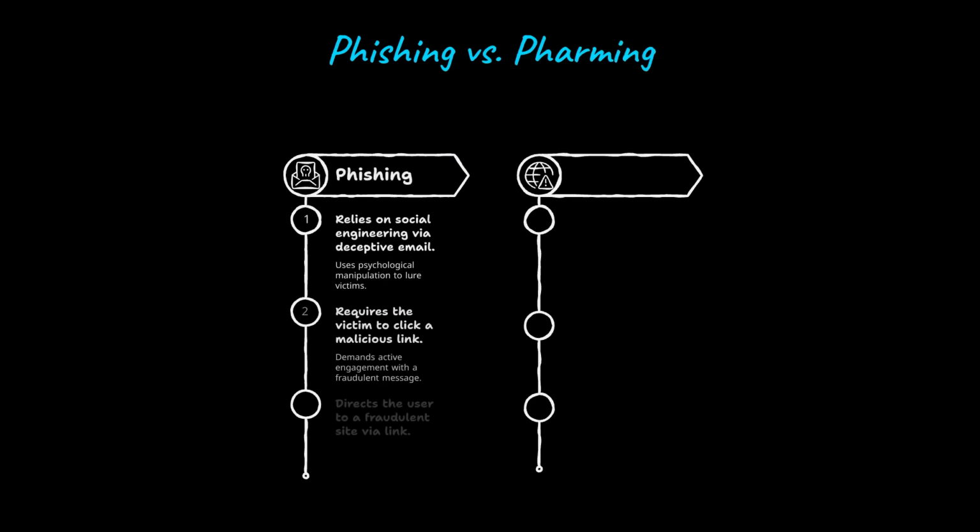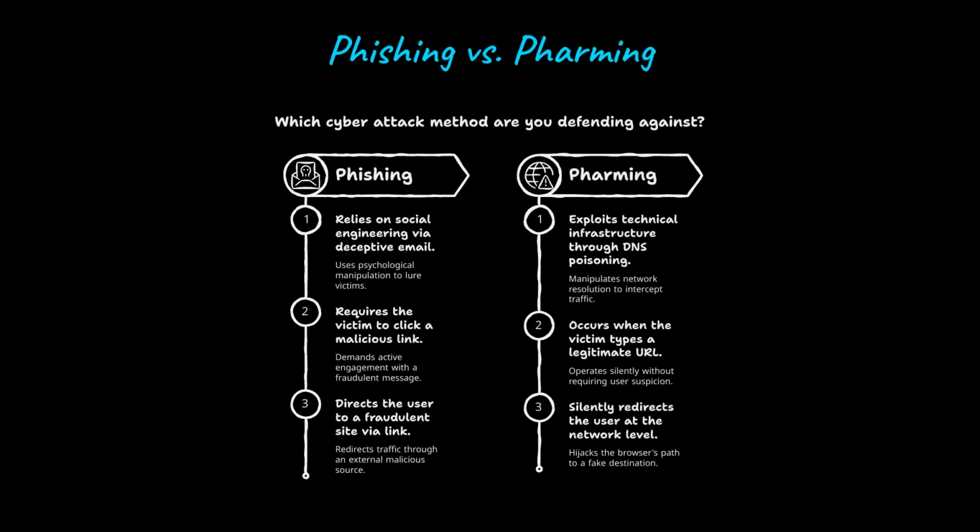Phishing and farming both end with the user on a malicious site, but the path differs. Phishing requires the victim to act on a deceptive message. Farming hijacks address resolution, so even a correctly typed URL leads somewhere dangerous. No deceptive message needed. Every phishing attempt relies on the same three levers: familiar logos and formal language to establish